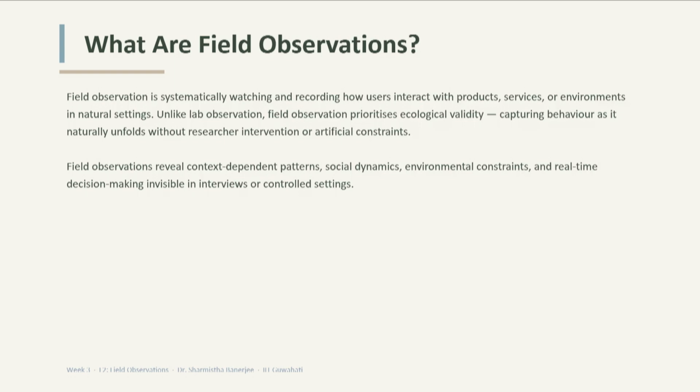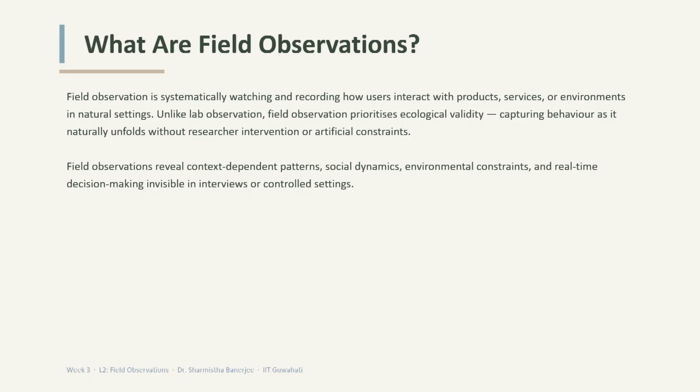Field observation prioritizes ecological validity, which means you have to conduct it in the natural settings with all the natural disruptions which might be happening and all the adjustments in the settings which people might have made. It helps you capture behavior as it naturally unfolds, without researchers' intervention or any artificial constraints. Field observations reveal context-dependent patterns, social dynamics, environmental constraints and real-time decision making which are otherwise invisible in interviews or